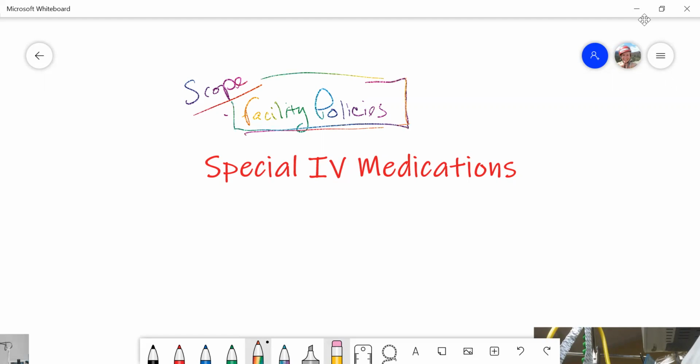And if the facility policy is beyond your scope, then you need to have a conversation with your boss and your employer. So we're going to talk about 5 categories of meds that used to be on the LPN no give list, and now the state has opened up that. And so what they are is they are